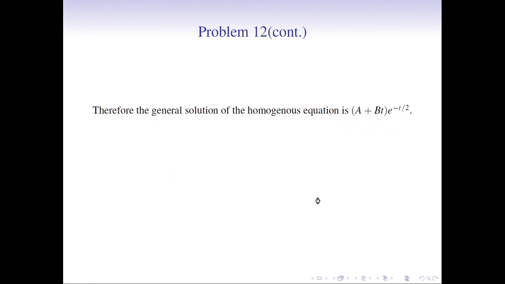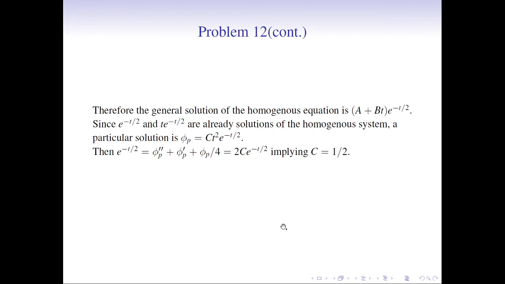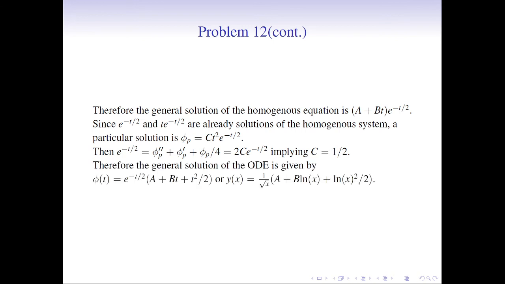So here we have solved this, and in this case you can see we have first used the trick of method of change of variables to convert this into an ODE which involves constant coefficients, and then solved it to get phi in terms of t, and then again substituted back with the help of change of variable that we had, and we obtained y of x is equal to this. So this is the final solution.